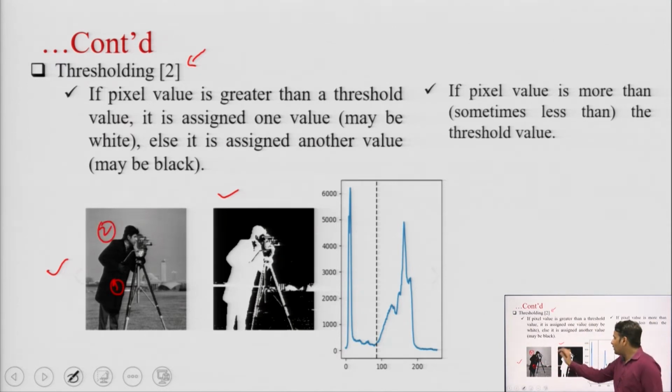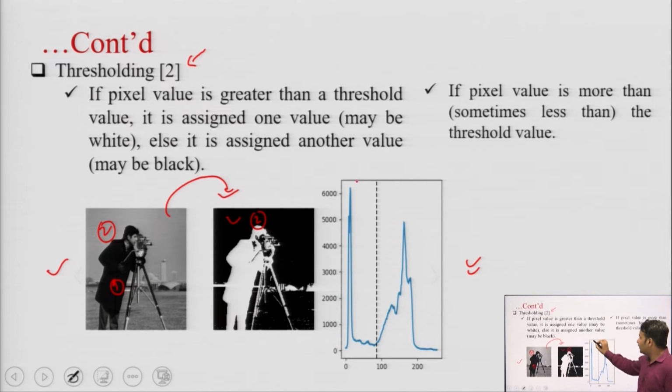If you take the negative of this image, then it will look like this. Now, if you plot the histogram of this image, then you can see this second portion is completely black. So, it has the black identification, and that part is actually giving the idea of this